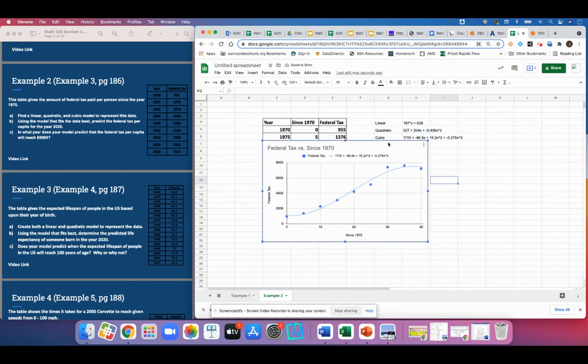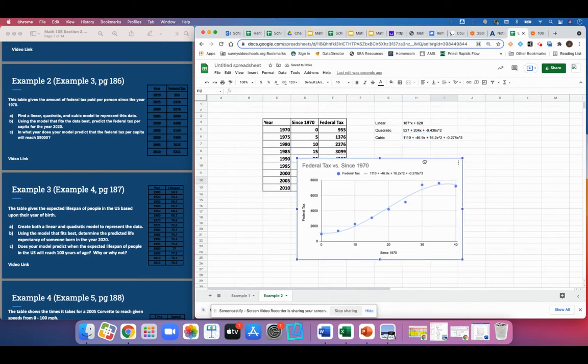And so one thing I want to stress, everyone, is this is actually how people use data to make predictions about the future. You can see these equations are just like wicked nasty. And it's nothing for us to worry about because we're going to let the computer do all the work in deriving the equation, and then we're going to let Wolfram do the work in terms of solving it. So it's super helpful to be able to use technology to do this and in a meaningful way in real life. So what we've got is using the model that best fits the data, predict the federal tax per capita